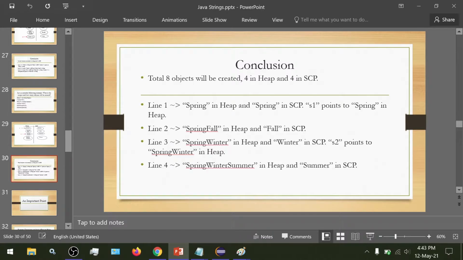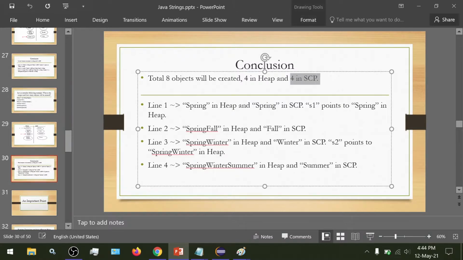Now let's take a look at the conclusion. You might want to pause and read or even note this down. So the total of 8 objects will be created, 4 inside heap and 4 inside SCP. And line 1, "spring" is created inside heap and "spring" is created inside SCP, and variable S1 points to spring